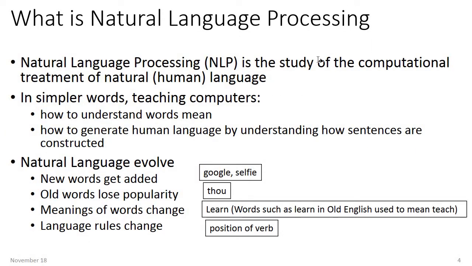Natural language processing is the study of the computational treatment of natural human language. Bahasa mudah ialah macam mana kita nak suruh komputer faham bahasa yang kita cakap. Sekarang ni komputer hanya faham bahasa Python, C++, Java, C#, HTML, PHP and so on. So, sekarang macam mana how to make those computer understand our languages.